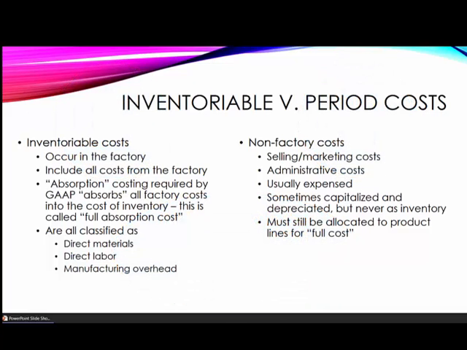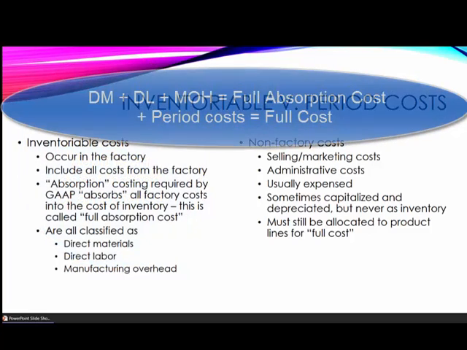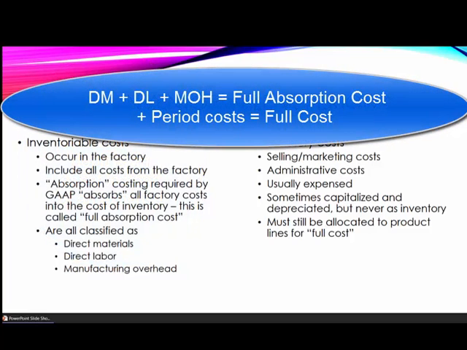Now, if it doesn't take place in the factory, but it takes place in the rest of the company, then we call it a period cost. These are non-factory costs: selling, marketing, administration. They're usually expensed, and we talk about these as being period costs and expensed immediately, but sometimes we capitalize them. It's just never going to be capitalized as inventory. When you add those costs onto the full absorption cost, you end up with full cost. So full absorption cost is direct materials plus direct labor plus manufacturing overhead, and full cost are all of those